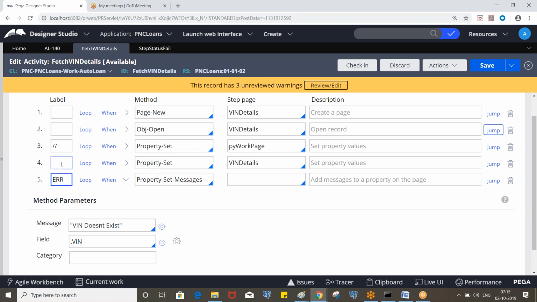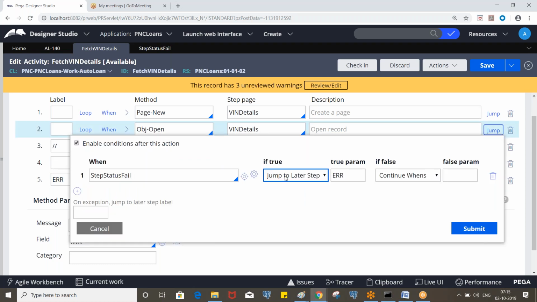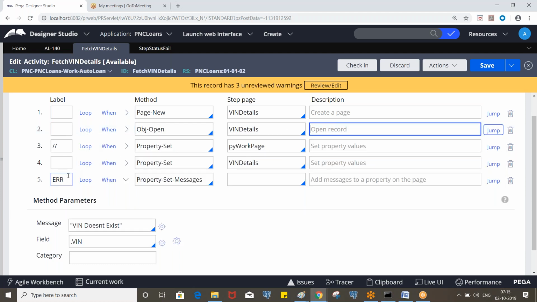When the fourth step is executed, do we need to execute the fifth step? No, right? Look at here. If the step failed, it directly jumps into the fifth step, which will execute and the activity will end. But if the fourth step succeeds, the fifth step also will be executed, so we can exit from the activity from the fourth step itself.